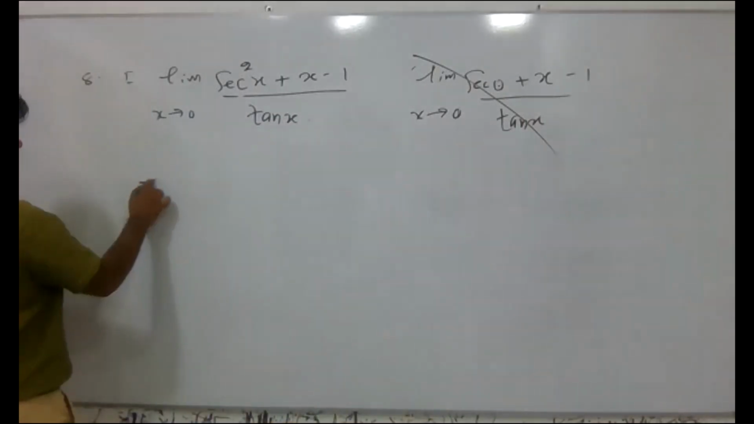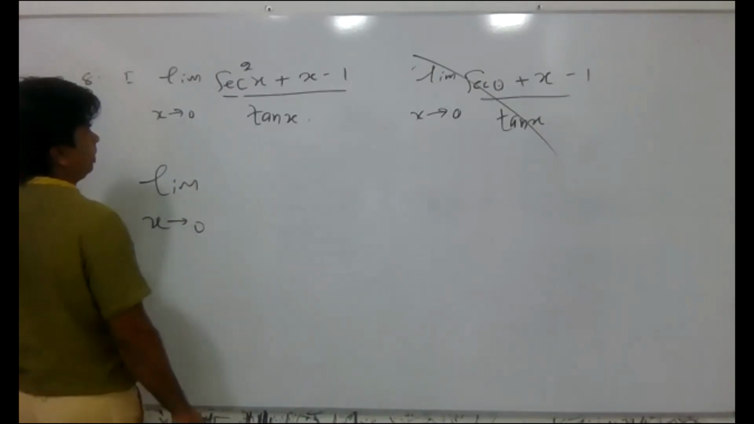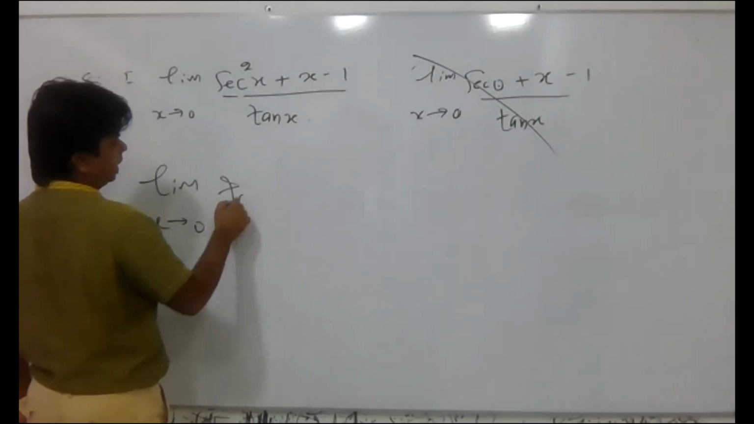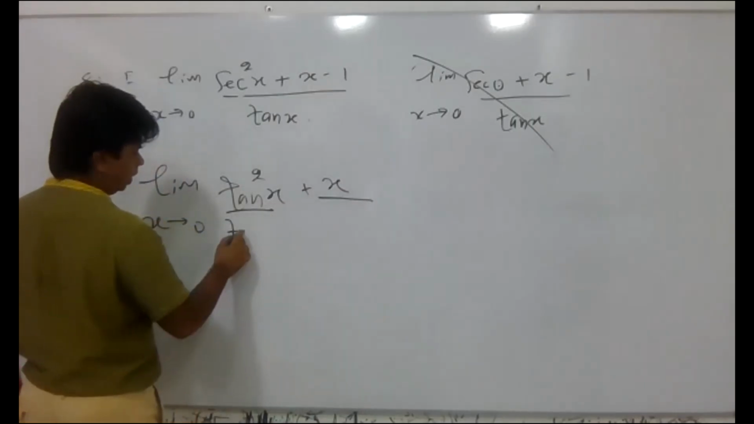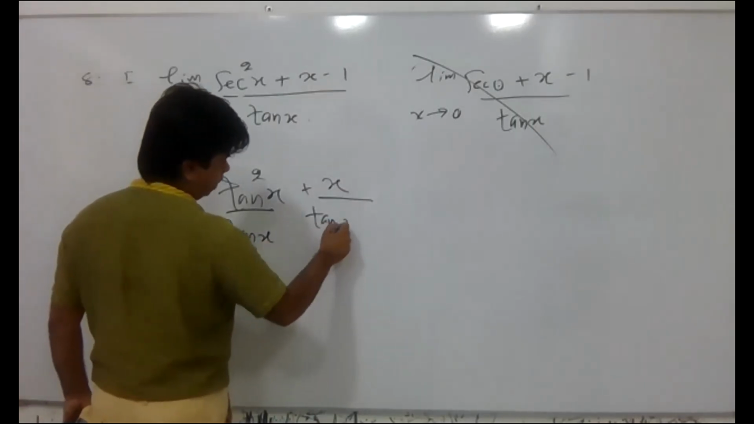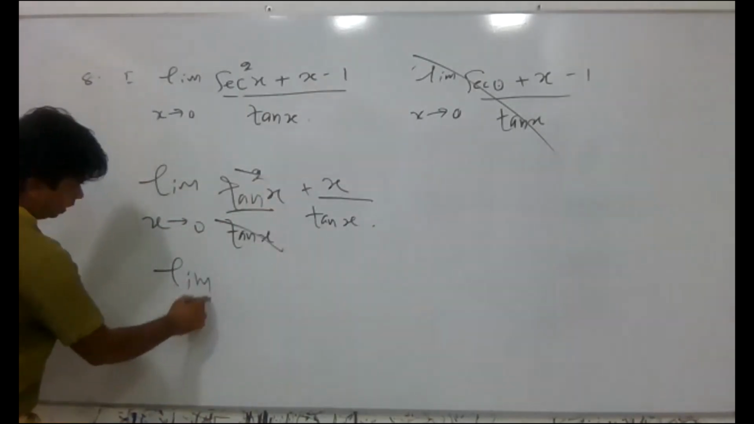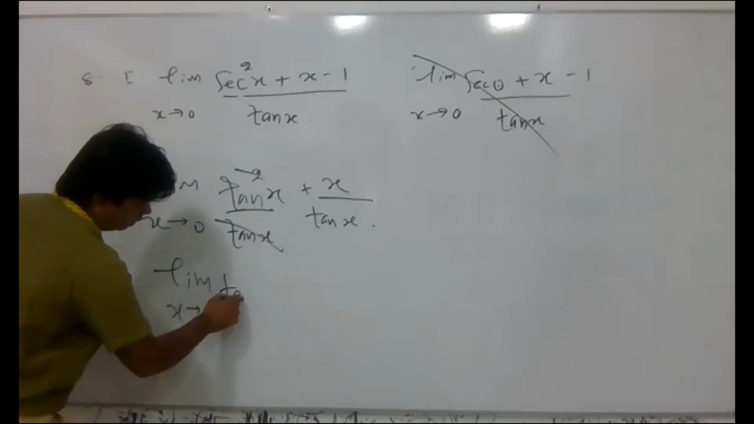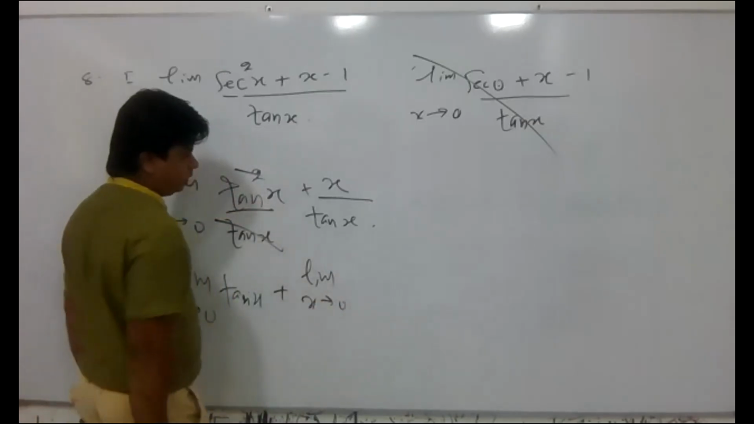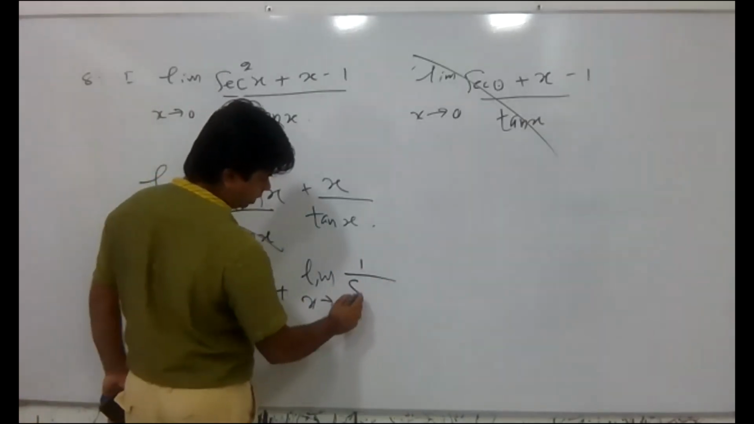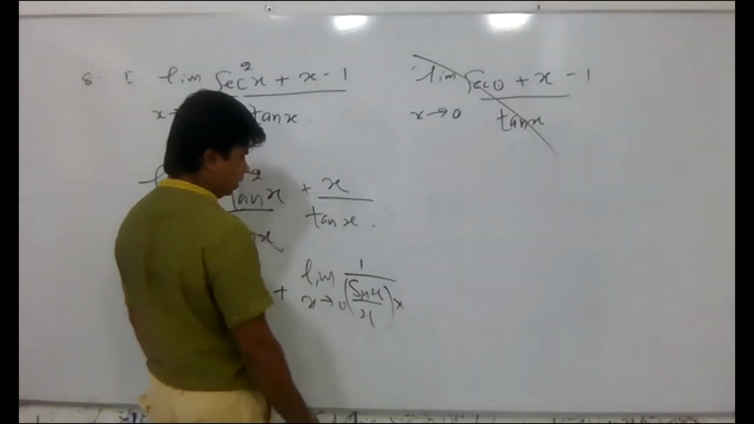Now what you can do here is first simplify. Sec squared x minus 1 is tan squared x, then tan squared x plus x, divided by tan x. You can see that one tan x cancels. Then you can write limit x goes to 0 of tan x, plus limit x goes to 0 of, 1 over tan x means actually sin x over x into,